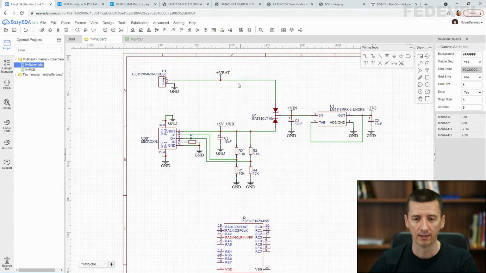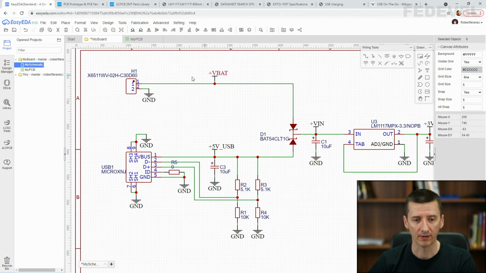It means that, for example, the current from this battery can very nicely flow through this diode which is here, but it can't flow through this other diode. And same for the current from this USB connector. It can very nicely flow through this diode, but it can't flow through this diode. So by using this special component, we prevented these two power supplies, or power sources, from fighting together.